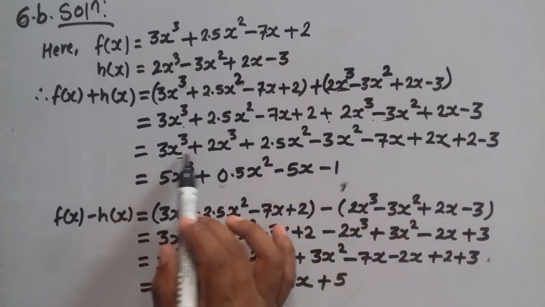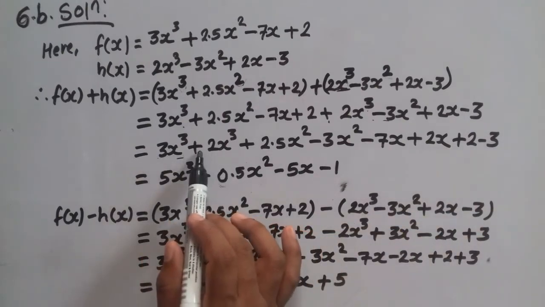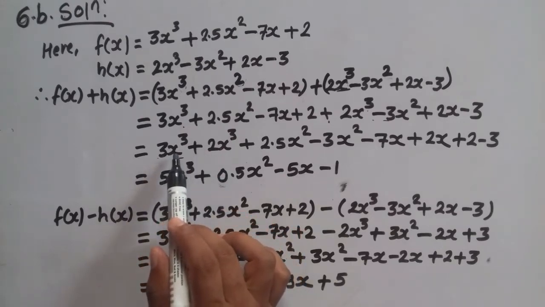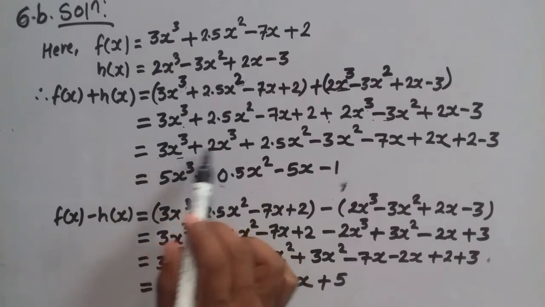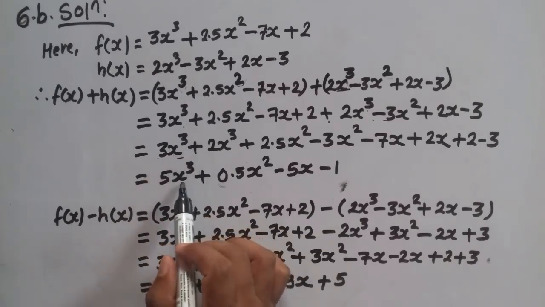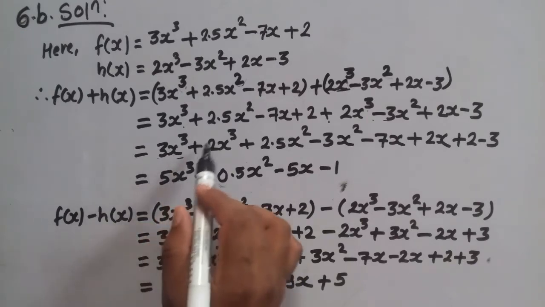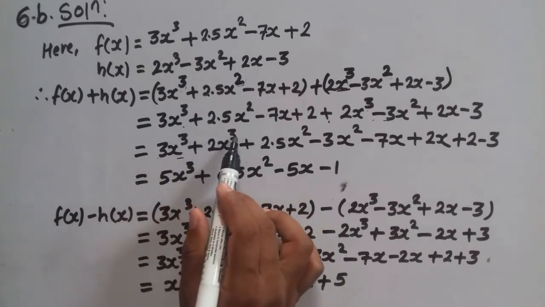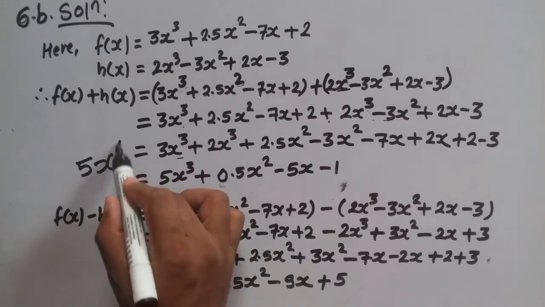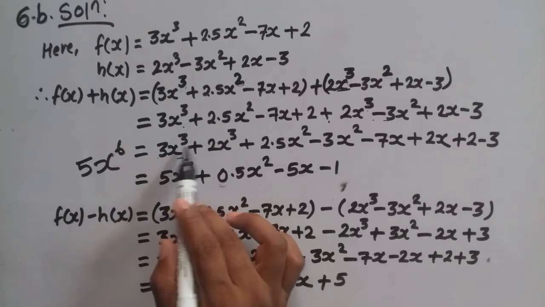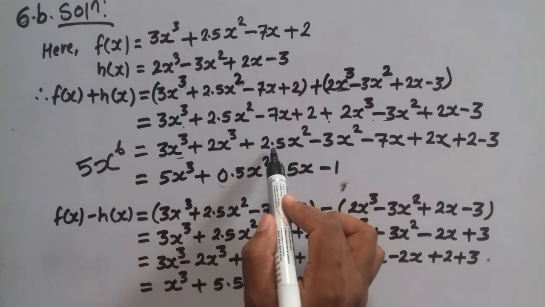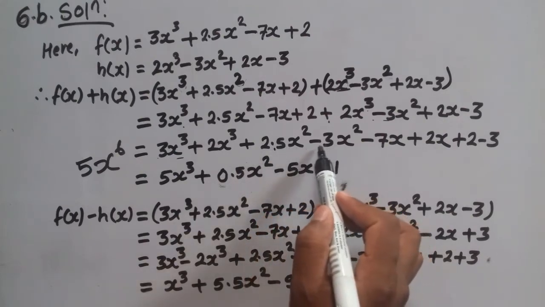Now we have to add or subtract the like terms. Here is plus sign, here is also plus sign, so we have to add this, and as before we have to add coefficients of these like terms only. 3 plus 2 is 5 and x cube we have written as it is. We do not add this 3 plus 3, this is wrong. 5x power 6 is wrong. We write the variable only one time and we add coefficients only. Here 2.5 is, and here is 3.